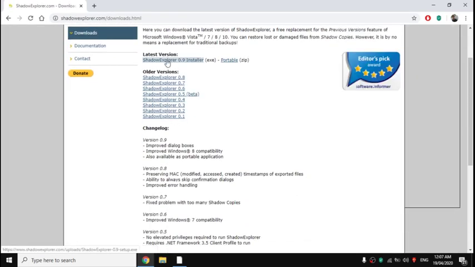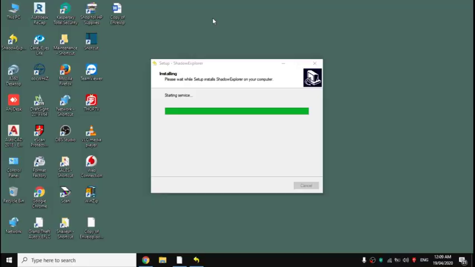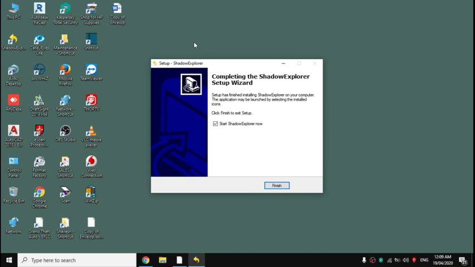Just click on it, and the latest version, Shadow Explorer 0.9 installer. Just click it and the download will start automatically. So after downloading, just click to install. So here it is. Start Shadow Explorer now.